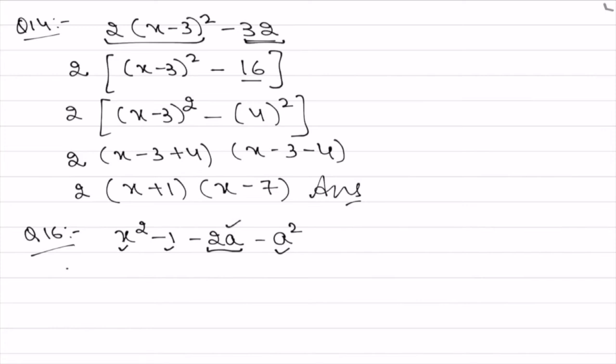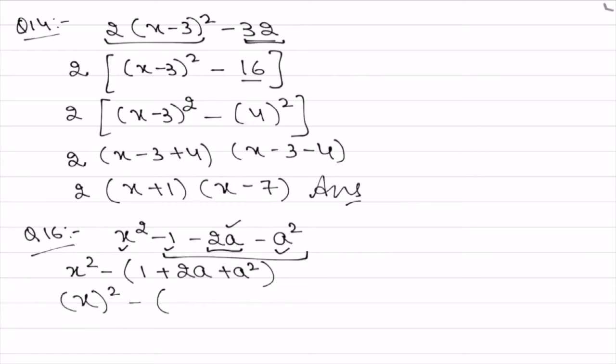So what we will do, we will again put these 3 terms in a bracket. So minus is here, we will put here minus. Next term signs will change. It becomes 1 plus 2a plus a square. Now we will see that all the signs are positive in the bracket. x square minus, this becomes a formula, a plus 1 whole square.